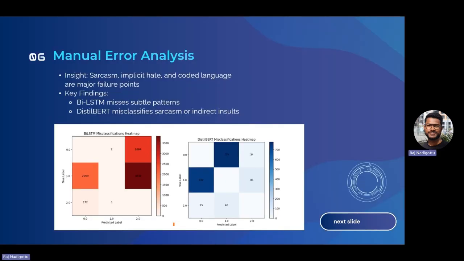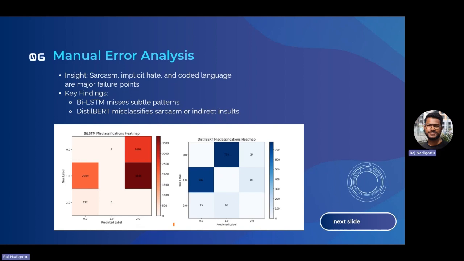I have done a manual error analysis as well, especially for Bi-LSTM and DistilBERT for multi-class labels. There are 8,744 errors for Bi-LSTM and 1,726 for the DistilBERT model. I'm talking about the misclassifications they have made under multiclass.